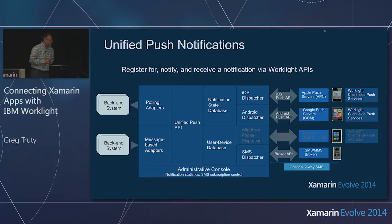From a push notification perspective, because we are supporting Android and iOS in the first release of the Xamarin Worklight integration, we integrate with Google Cloud Messaging and APNS in order to manage the push subscriptions, and Worklight provides that push broker itself. So if the Xamarin application being written is an iOS application or an Android application, what we've done in Worklight is abstract out those APIs such that the developer doesn't have to care which device is getting registered. All of the push registration and push tokens are automatically handled by Worklight itself, and it's going to expose a unified API such that you can then